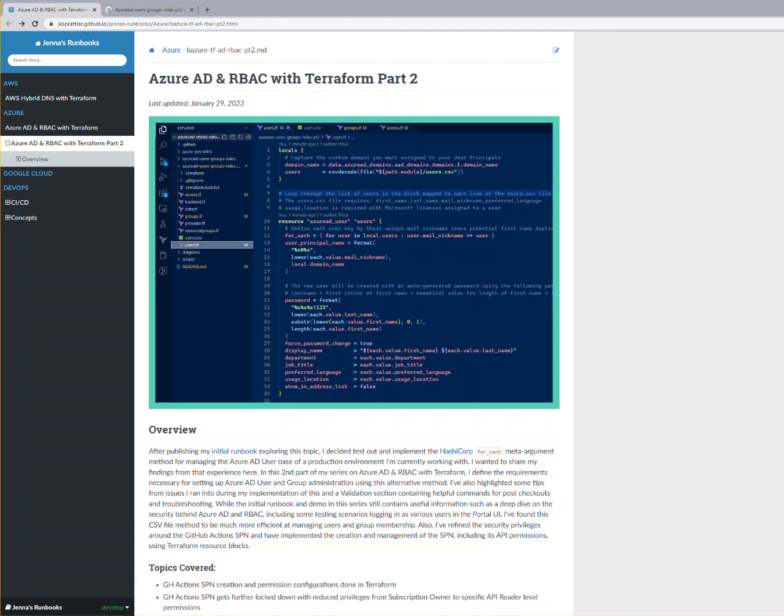For the duration of the demo, I'll be remaining in Visual Studio Code and the terminal. However, if you're interested in exploring the Azure portal, I recommend checking out my previous runbook on this topic and the demo with that from the series, which goes into depth on the functionality of Azure Active Directory, role-based access control, conditional access policies, including multi-factor authentication, as well as validating access by performing some test scenarios of logging in